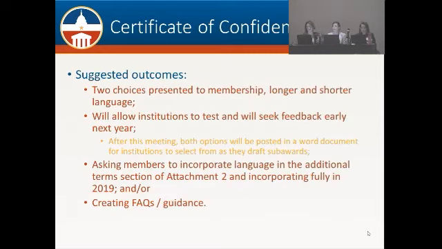So we felt like we couldn't make any really clear suggestions about what we should do in the coming year in terms of pursuing one option of language. So what we've decided to do is to present those two pieces of language, the longer and the shorter, and we're going to post both in a Word document on the FDP website, and we are going to allow members to just play with it for a few months. Put it in some templates, see what pushback you get, let the conversations continue at your institutions, because this is a very big change for us. And test out what works best.